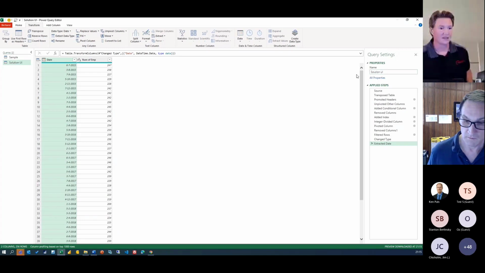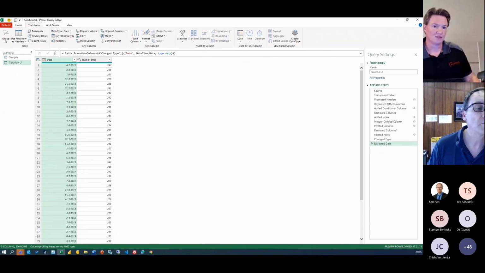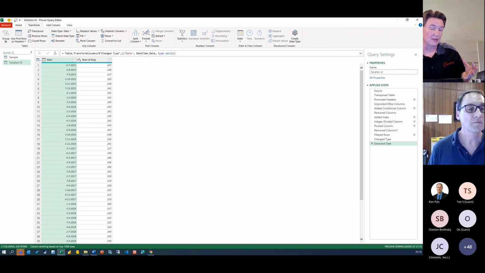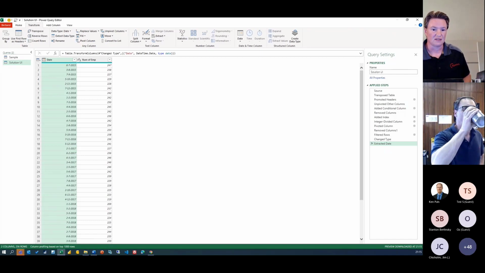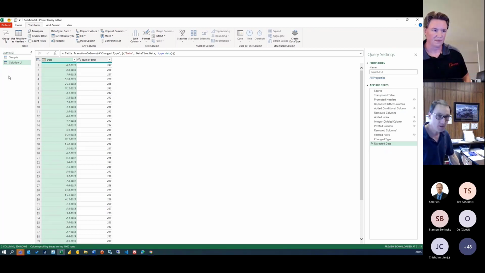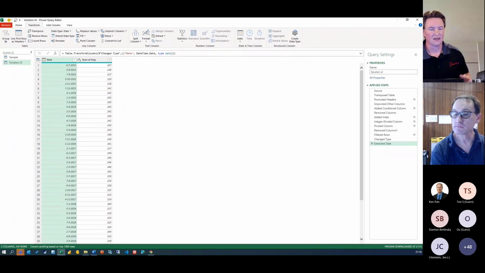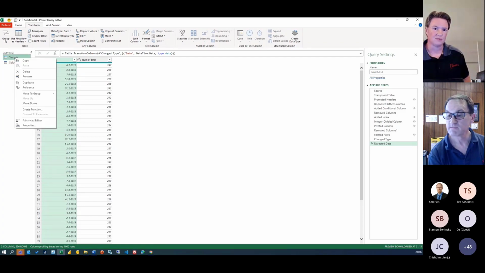Awesome. Great. So for the most part, this was a UI-driven solution. We only had to make a slight modification to the code when we omitted a column name from a list. Of course, we also added that custom column, but we used the UI to generate that as well. So for the next solution, it will be a hybrid one. Let's explore that. So again, I'll create a reference to my sample query.